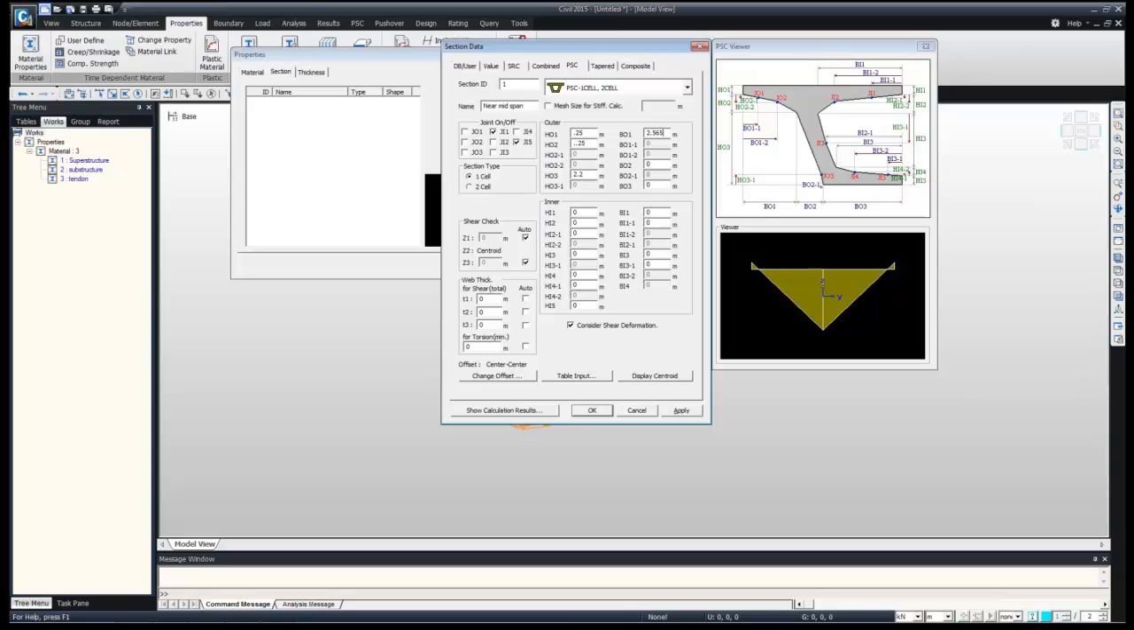Then BO2 is 0, it is totally vertical. Then BO3 2.5, then HI1 0.25, HI2 is again 0.25, HI21 is 0 again, HI3 is 1.7, HI4 is 0.2, HI41 will be 0, HI5 will be 0.3,